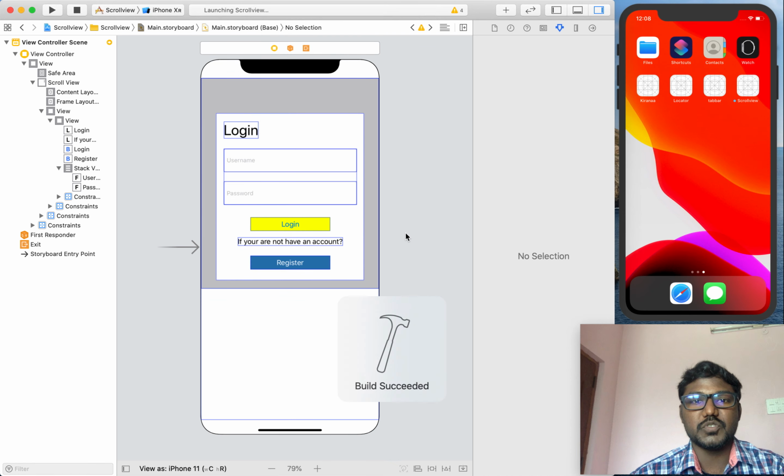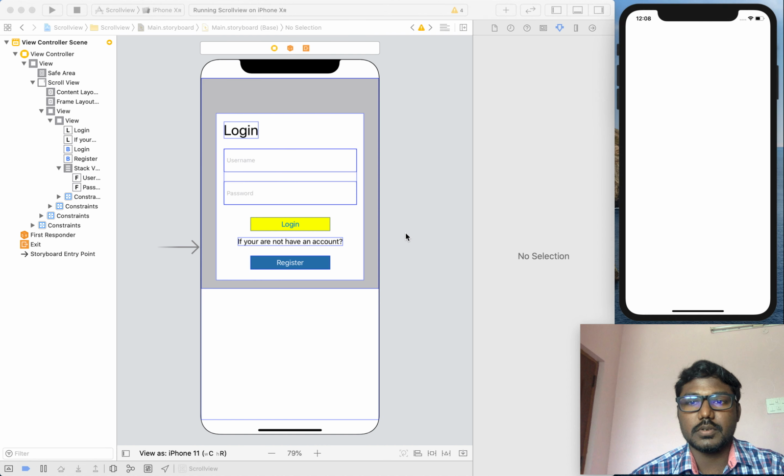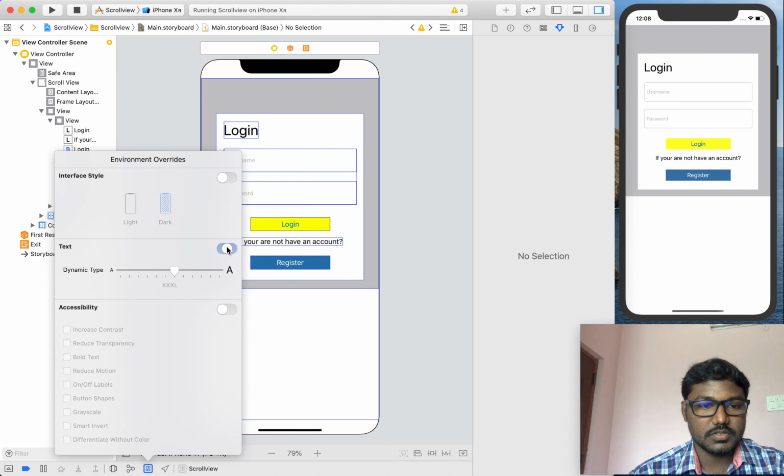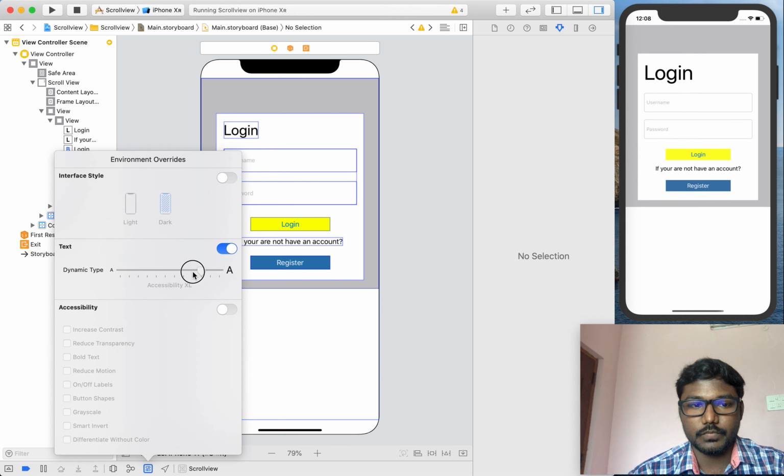Now I change my accessibility font sizes, so the design will automatically adjust the font. Likewise, change the font to small as well as big, so that the font will automatically adjust.